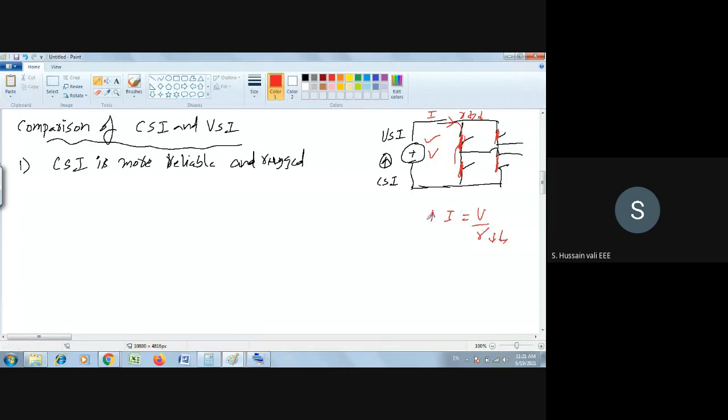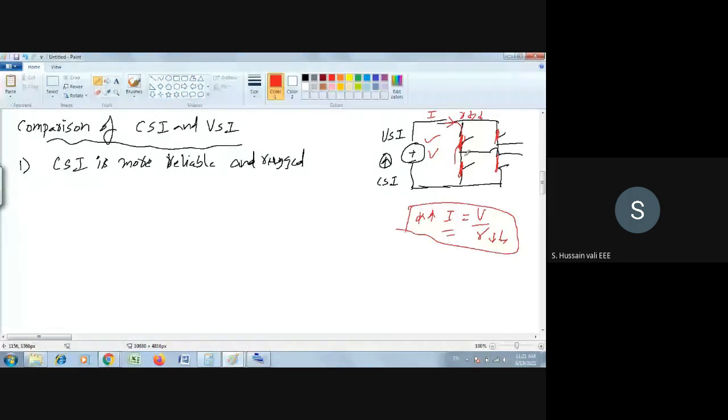So when you have the voltage source inverter, say accidentally these two switches are turned on at the same time. It means something like you did not provide the dead time, or some other reason. Assume both switches are turned on simultaneously. When they turn on simultaneously, it acts as a short circuit, a voltage source short circuit. What is the current that flows? I is equal to V by the short circuit resistance, which is very small. Then I will be very large, and that large current will damage the switches.